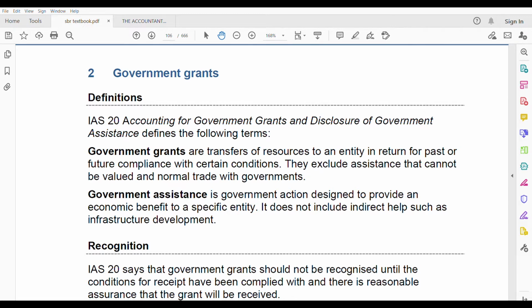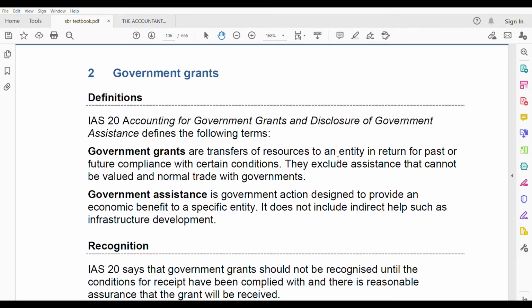This is a short standard, IAS 20. Okay, so government grants. First, what is the definition of government grants and government assistance? Government grants is like governments are the ones who are giving you resources, right? It could be in the form of subsidies or certain tax concessions, it could be anything, right? This is one of the smallest and also easiest standards. They will not give you such complex types of grants. Normally they just write the words subsidized loan or government grants, or government assistance. These are the normal words that they use.